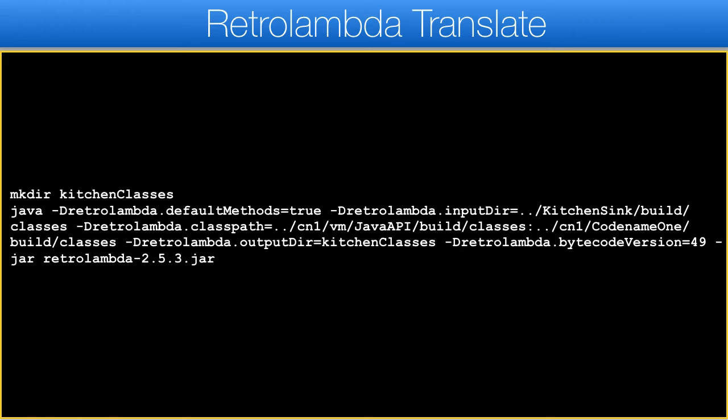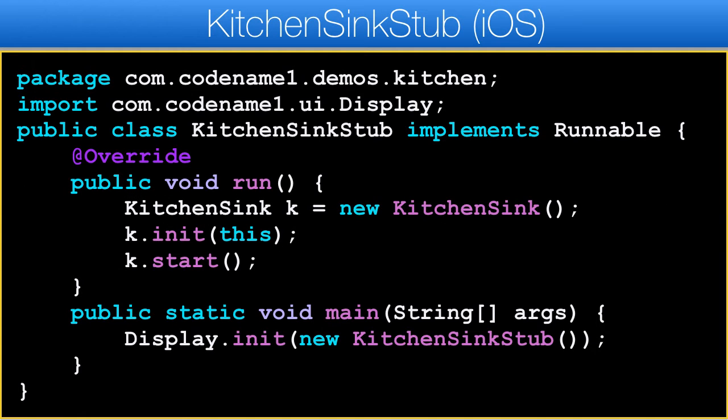Once this command is complete, a version of kitchen sink classes targeting JDK5 resides under the kitchen sink classes directory. I won't go into details about this command as I think you would be better served by the documentation in the Retrolambda project. The next step is to create and compile the Stub class, which we will use to launch